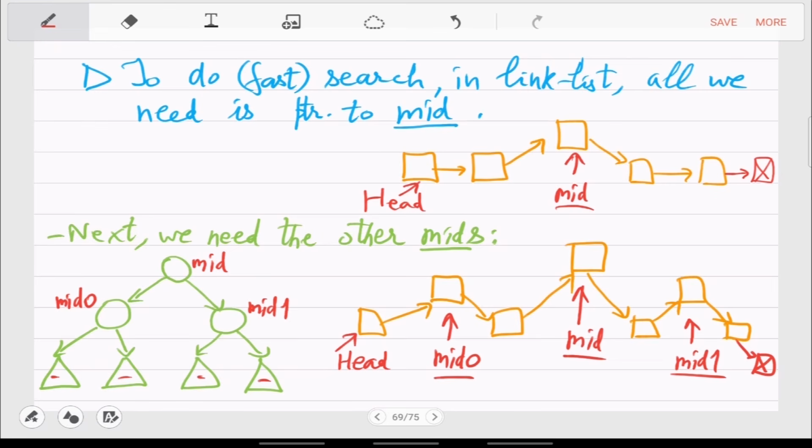So do you see the equivalence of these two pictures? This left-hand side is called a tree, while the right-hand side is where we are doing binary search on a linked list with extra pointers. So yes? How would an insertion look like on the tree? No, you are jumping too far. For that, we'll need many classes. Today, we will only show you this picture.